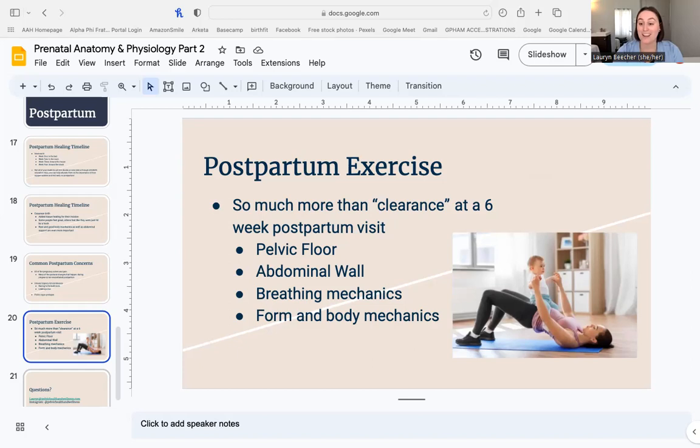So starting there, seeing, can I take those nice full breaths? Can I connect with my breathing, with my abdomen and my pelvic floor again? It can be a beautiful thing to start with before jumping into trying to participate in a very active class or try to go for a run or lift something heavy, starting with building back that foundation with your breathing, with good form, with any movement choices, and then just good body mechanics overall.